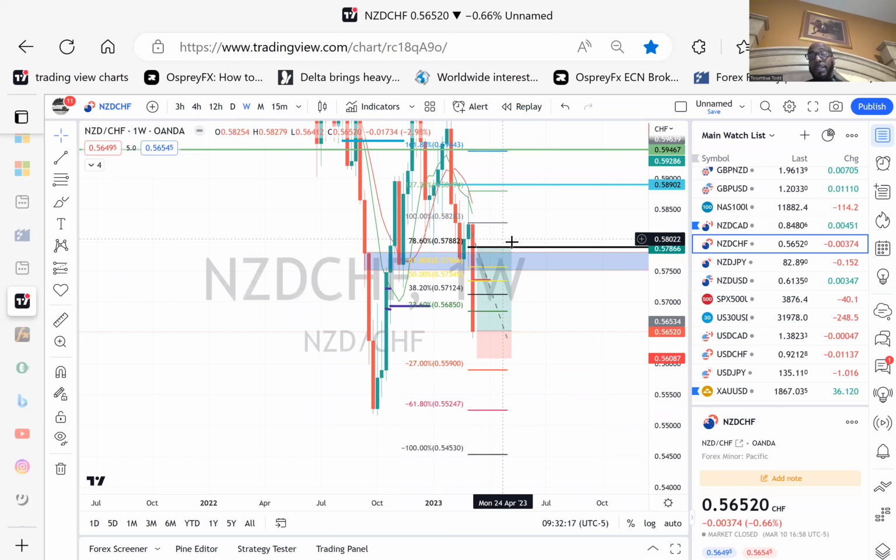Okay, this concept is based off the weekly chart. You can do it for the daily candle, you can do it on a 4-hour candle, you can do it on a 1-hour candle. The concept is the same, but the time frame is condensed. So you just won't get as big of a move.